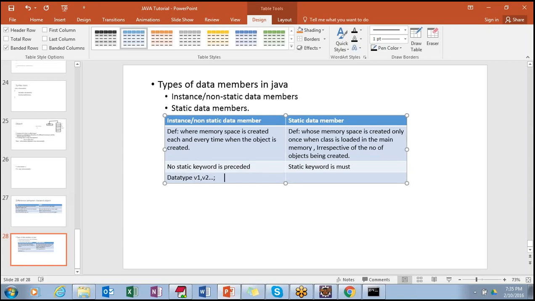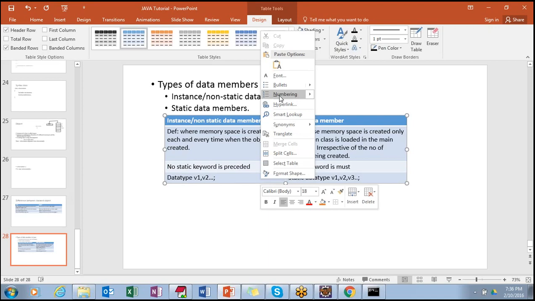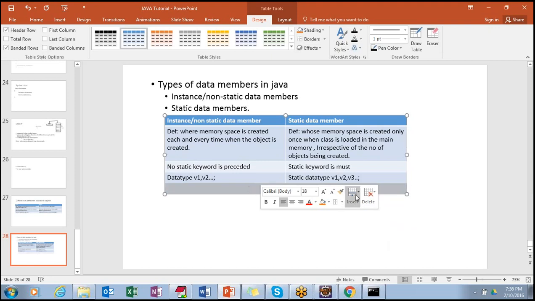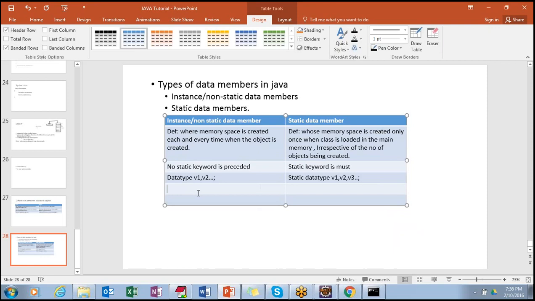But in this case, static data type, space, v1 comma v2 comma v3 and so on. Okay.